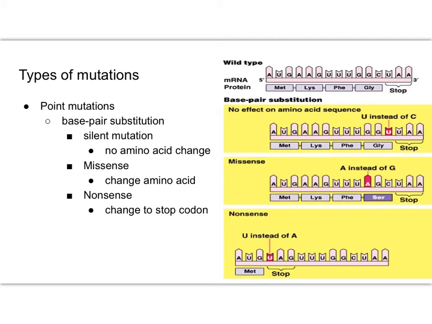So let's look at some different types of point mutations, different types of mutations in general, in particular point mutations. These point mutations are a single base change. So these are gene mutations. These are mutations where one nucleotide is affected. So small little gene, not big chromosome mutations, but gene mutations where one single nitrogen base has been affected. One of the most common things here is going to be a base pair substitution. So I substitute one base for another base.